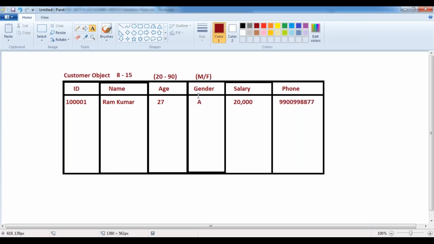So that we can maintain the accuracy of the data and the quality of the data also. With the help of these validation rules, we can maintain the accuracy and the quality of the records. We should not have any invalid information inside my tables. Okay, now let me give the note file.